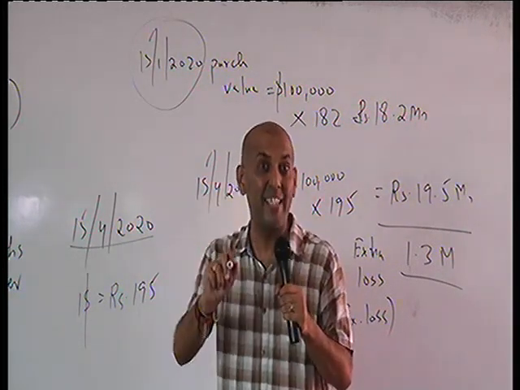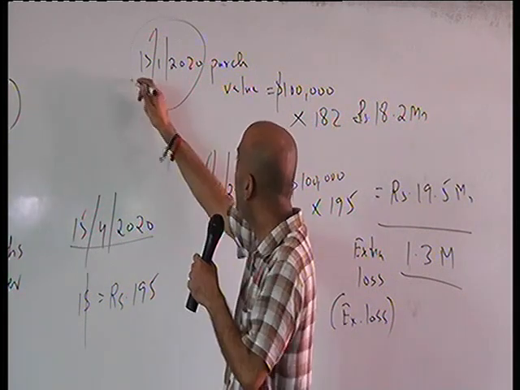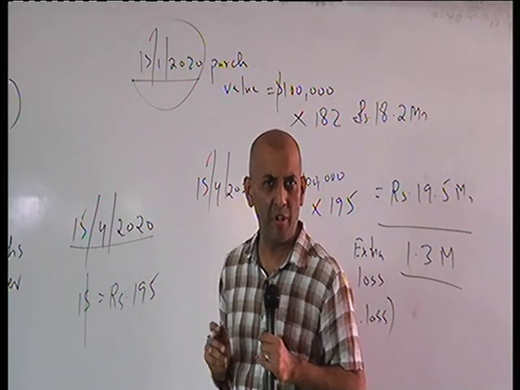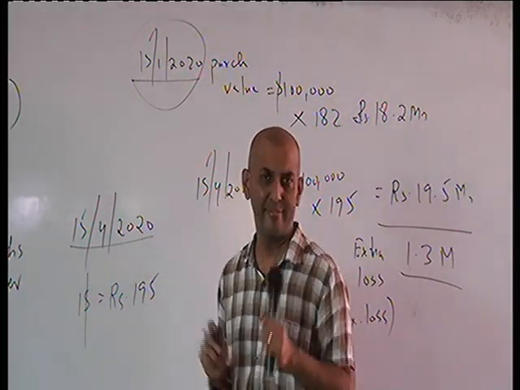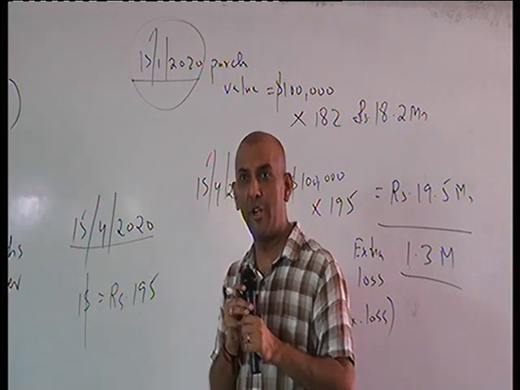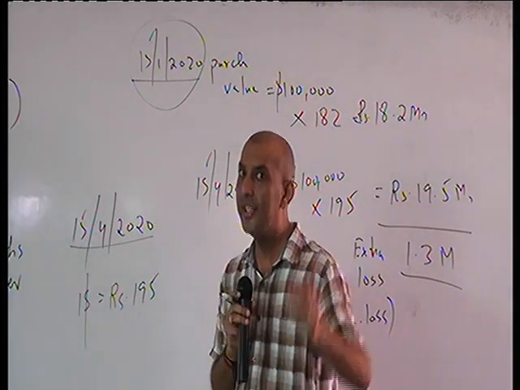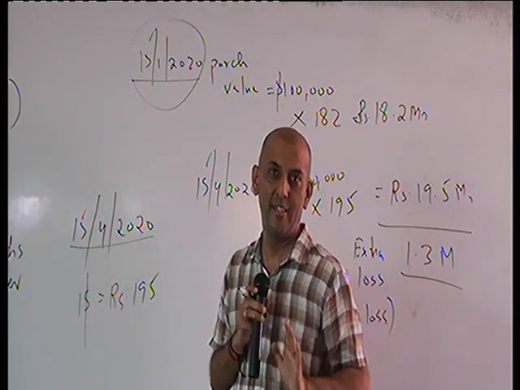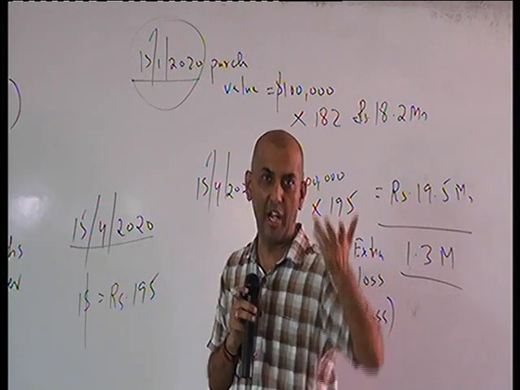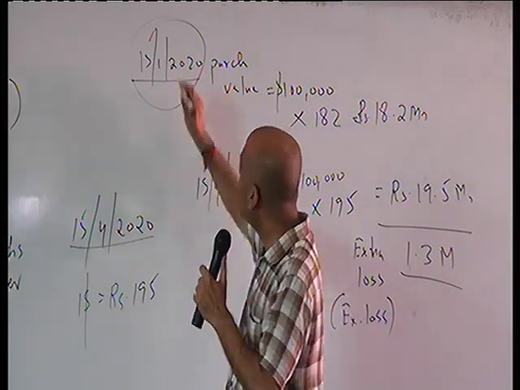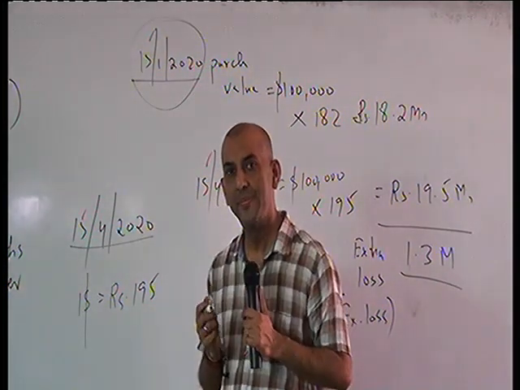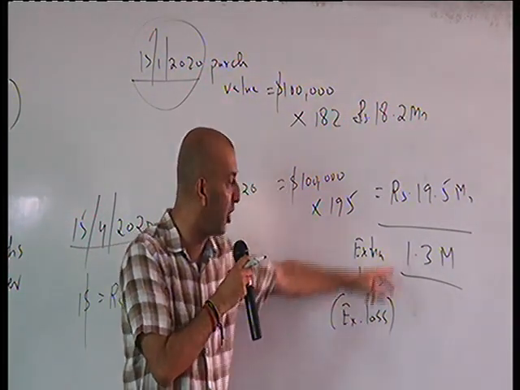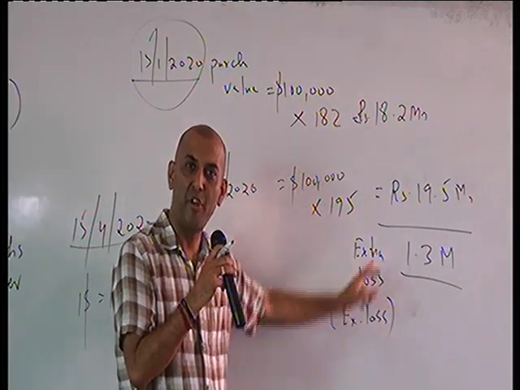You realize there is a risk only on this date. On 15th of April, everything has happened and gone, and we don't have to worry about it. It is on 15th of January that you realize, okay, I am having a risk for 15th of April, not today. Whether I will lose so much, I don't know. So since I know that risk, I need to reduce the impact of the loss.